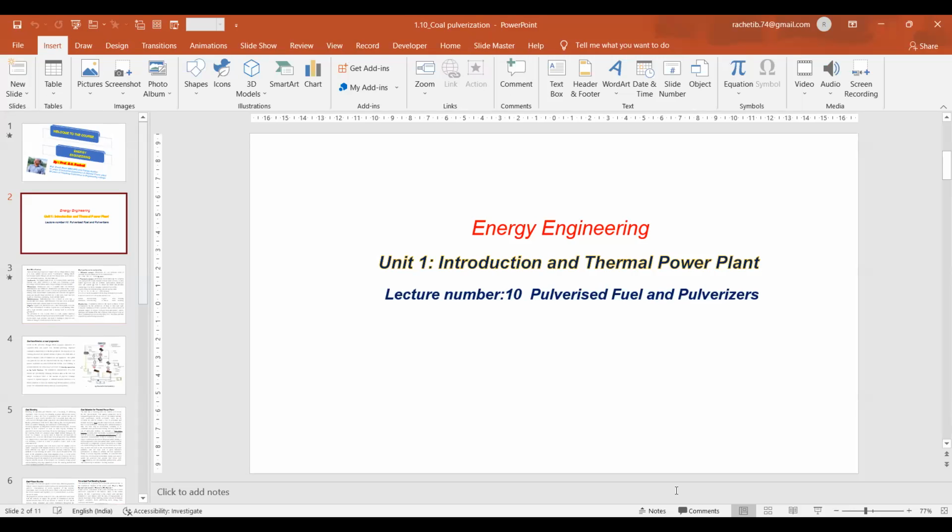This is the subject Energy Engineering for final year engineering students. In some universities, it is called Power Plant Engineering for third year engineering students. So, before starting with lecture number 11, the introduction to thermal power plant, some revision